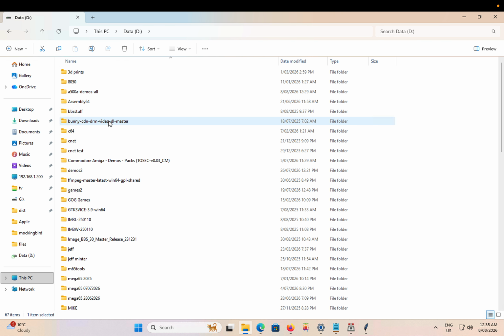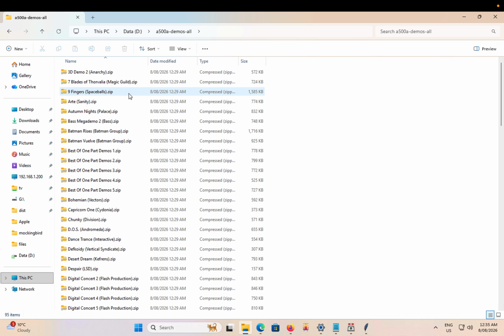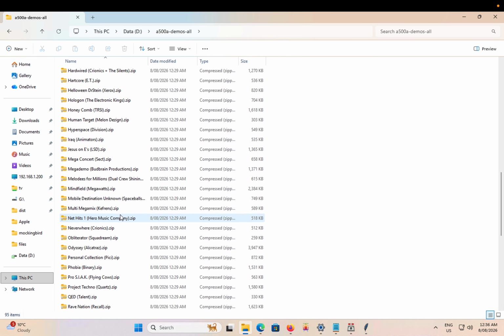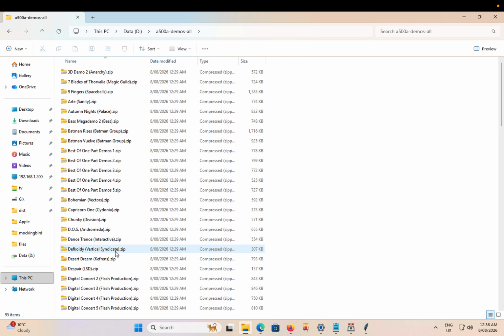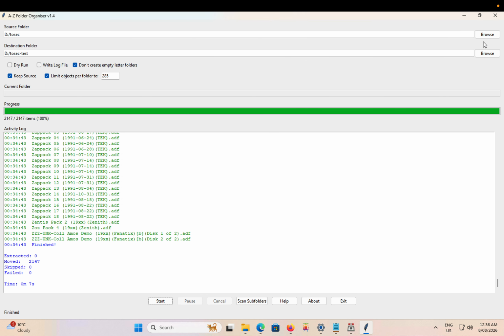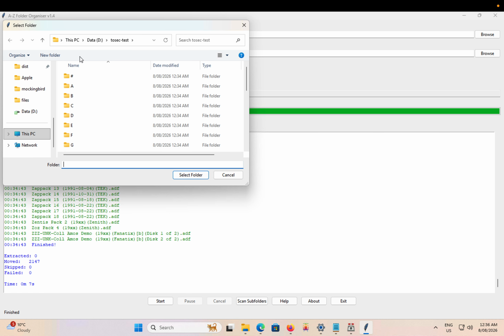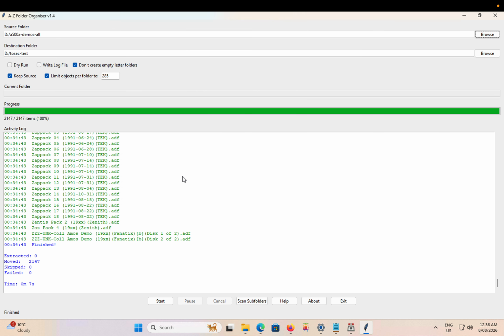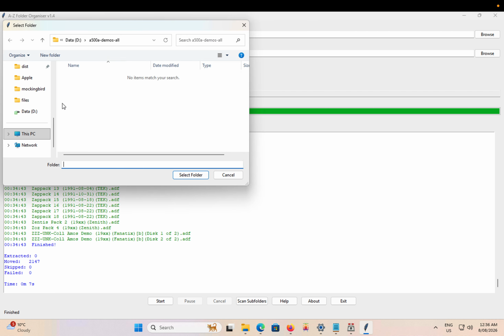Example 2 is, let's say you've downloaded an archive of whatever, extracted it, and it's just full of more zip files, which can be a headache to normally unzip, and then you would have to sort them and all that kind of thing. So instead, we can again go to Folder Organizer, select our source folder there, we'll create a separate destination folder,